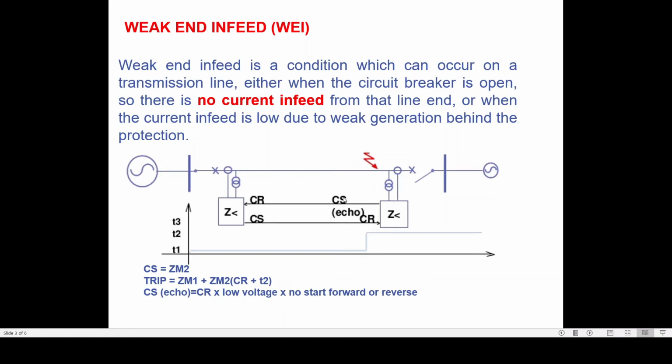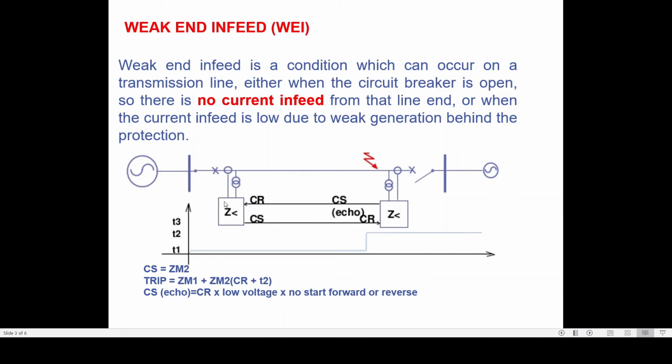So how a fault in case of a weak end is isolated, I have already explained in our second session on distance protection schemes, where I explained the concept of POTT schemes. In the last couple of slides, I explained the POTT scheme with echo logic in case of weak end infeed, and the tripping of circuit breakers with the receipt of carrier from the strong end. The receipt of carrier plus no pickup of zones at this end will enable the tripping of circuit breaker. So for more details, please refer to that second session on distance protection schemes, last couple of slides, and you will definitely understand how this weak end infeed protection works.